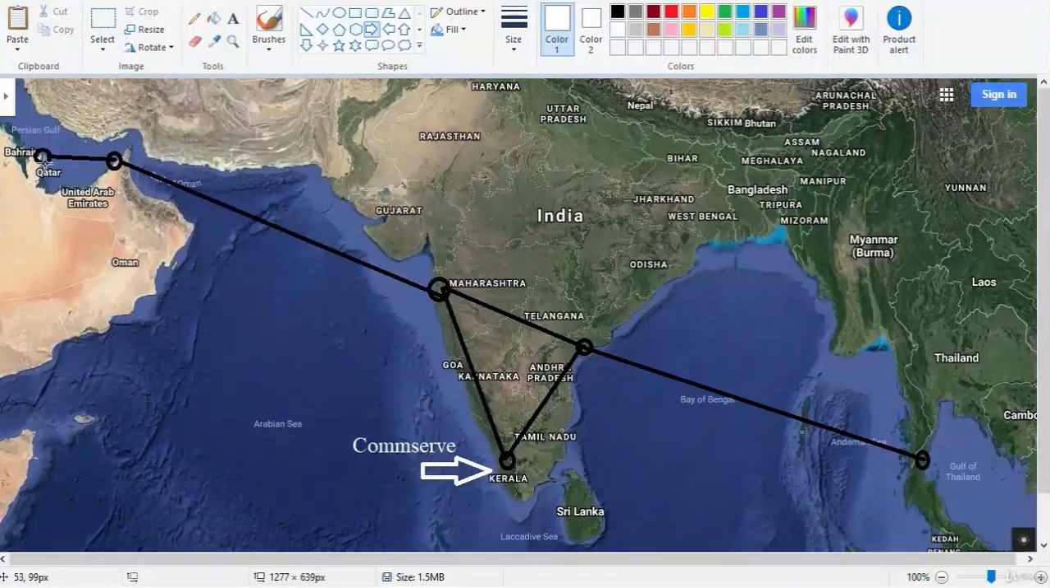Someone in Doha, Qatar, sends a file, a PDF of some sort. That's their client there, and they want to back it up to a storage policy in Kerala. Kerala is where the CommServe is, where the storage device is, all that. And the same thing with Dubai. So both